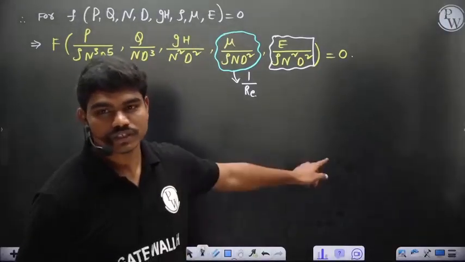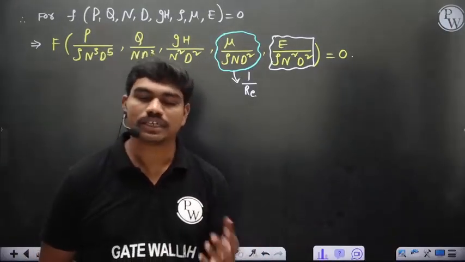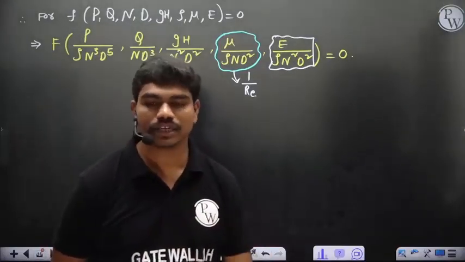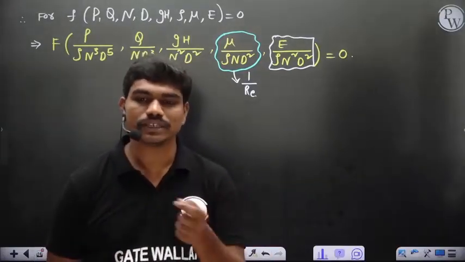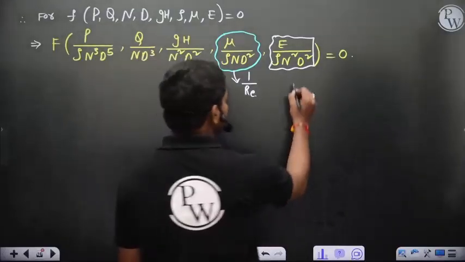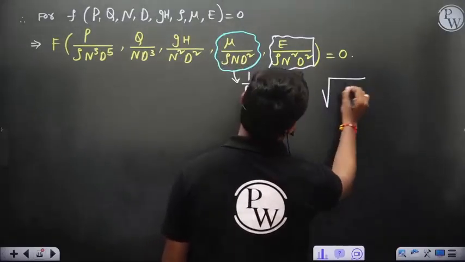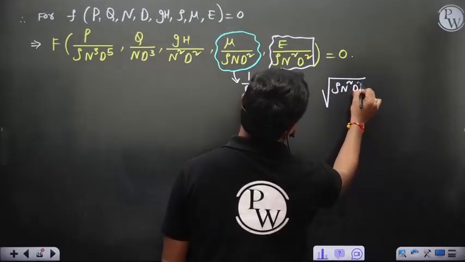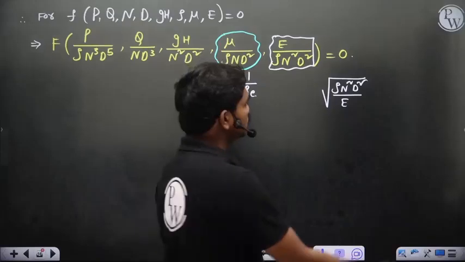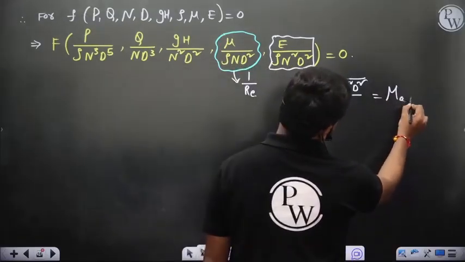If you take a square root of this, because if a number is dimensionless, then its square root, square, cube or fourth power, whatever you take, is dimensionless, correct? Suppose A is dimensionless, then A square is also dimensionless, and square root of A is also dimensionless. If you take the square root of this, because if A is dimensionless, 1 by A is also dimensionless, so this is actually Mach number, velocity